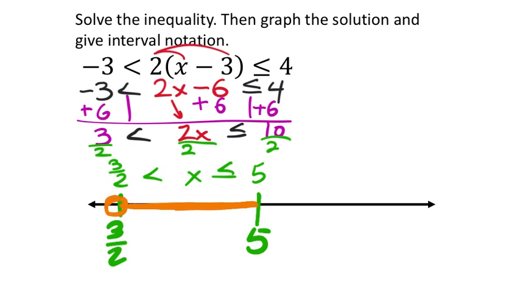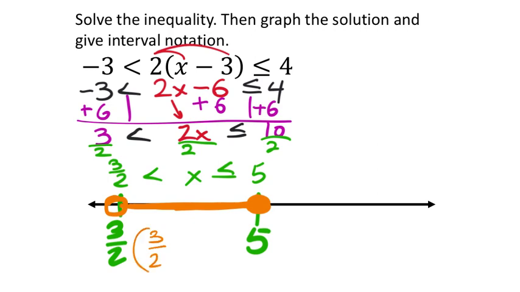It's an open circle at 3/2 because x is not equal to it. And then at 5, that would be a closed circle there because it does equal 5, okay? So there's the graph. And then finally, the interval starting at 3/2 here on the left, which is not included,